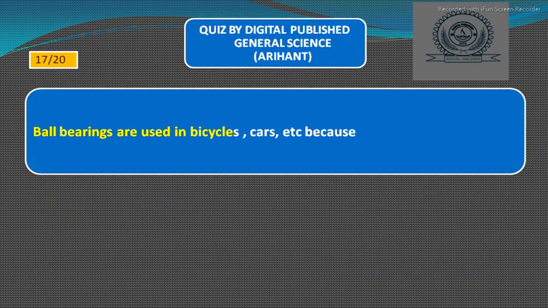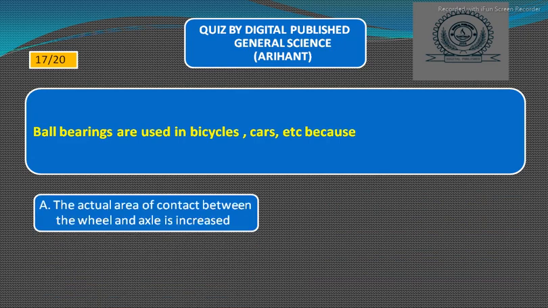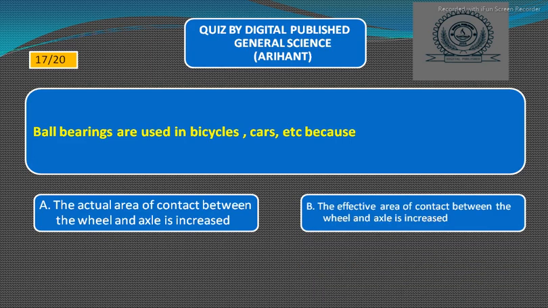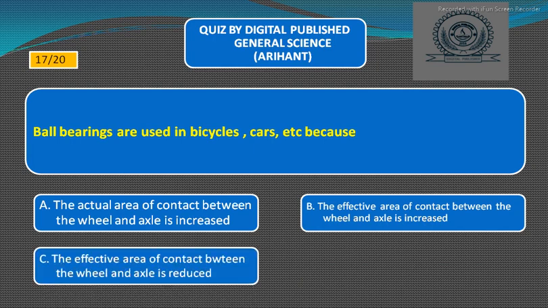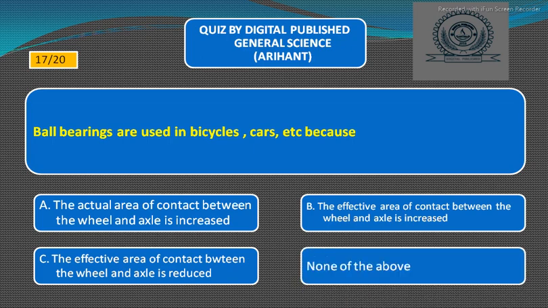Ball bearings are used in bicycles, cars, etc. because option A, the actual area of contact between the wheel and axle is increased, option B, the effective area of contact between the wheel and axle is increased, option C, the effective area of contact between the wheel and axle is reduced, option D, none of the above. So the right answer will be option C, the effective area of contact between the wheel and axle is reduced. Next,